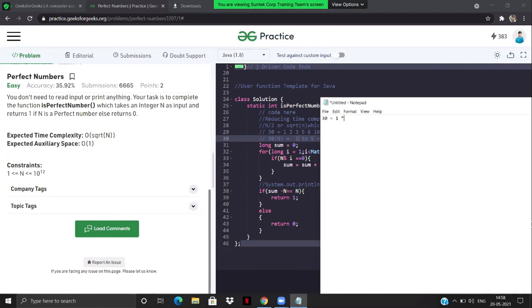Just tell me in terms of 1 into 30. Then what is the second factor you guys see? 2 into 15. What is the third factor you guys see? 3 into 10. What is the fourth factor you guys see? 5 into 6. What is the fifth factor you guys see? Right? That's again getting started in the reverse direction. 6 into 5. What is the next factor you guys see?